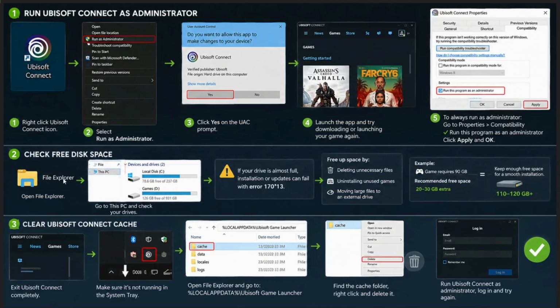To fix this, close Ubisoft Connect completely first, then right-click on the Ubisoft Connect icon on your desktop or in your Start menu and select Run as Administrator. If Windows pops up a user account control prompt asking for permission, click Yes. Once it opens back up, try starting your download or launching your game again and see if that alone clears